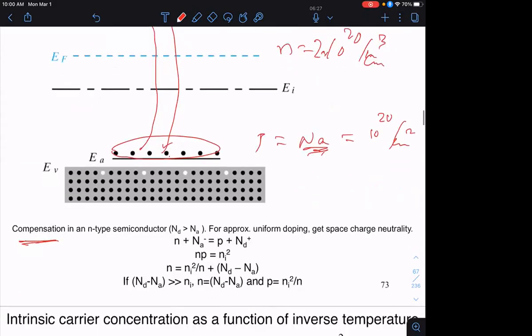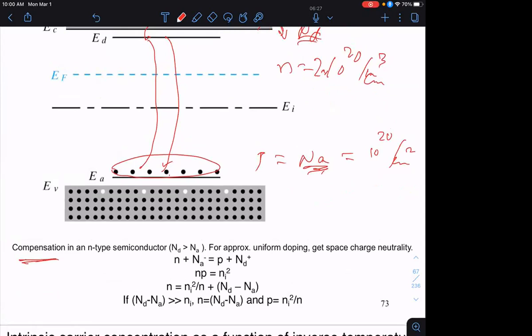All right. Now, the way you solve problems of this type is by writing an expression of this form, which equates the total number of